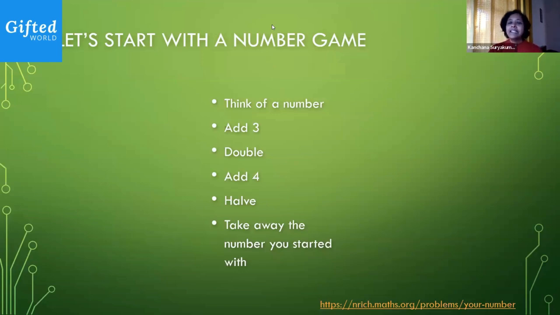Okay. Can someone tell me what is happening here? Since there are so many of us here, I see a lot of hands going up. I see so many of us typing out 5. I'm sure all of us don't have the same number, right? Okay, there are some answers coming up as well. Could you type this out in the chat, please? What do you think is happening here?